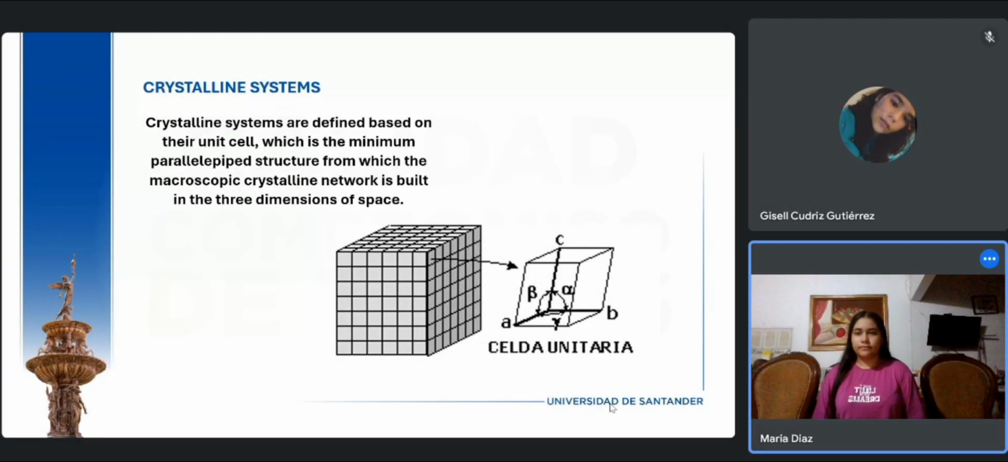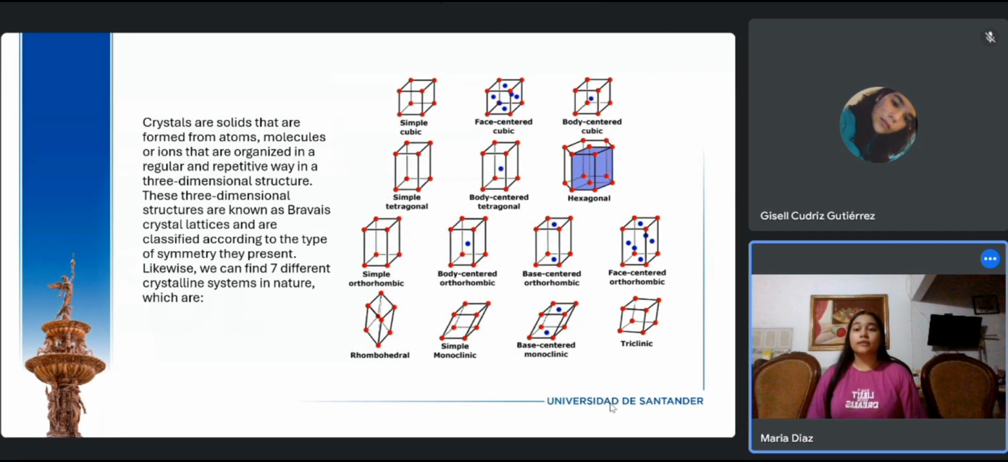Okay, the crystalline system. The crystalline systems are defined based on their unit cell, with the minimum parallelepiped structure for which the macroscopic crystalline network is built in the three dimensions of space. Crystalline solids are formed by atoms, molecules, or ions that are organized in a regular and repetitive way in a three-dimensional structure. These three-dimensional structures are known as Bravais crystal lattices and are classified according to the type of